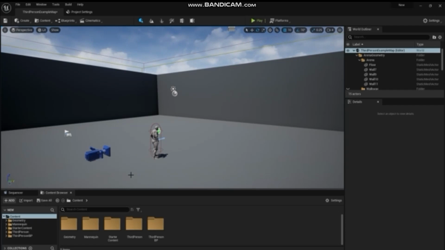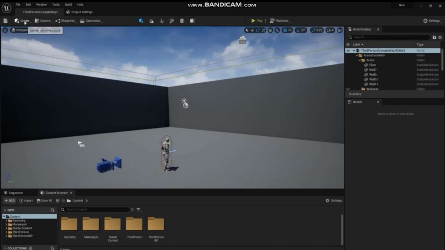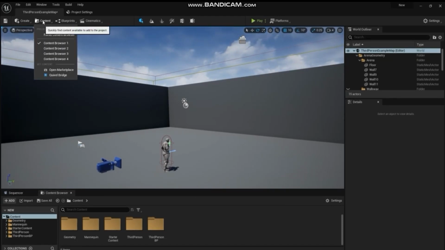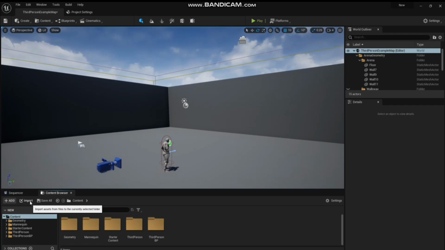So there are three main ways that you can get objects into your game, and that is through importing custom objects that you've built or purchased off of various sites on the internet or whatever. And then you can also add objects from Quixel Bridge or from the Unreal Engine Marketplace. So first, I'm going to real quickly get the difficult one out of the way, and that is importing custom objects. And honestly, it's not that difficult, but basically what you're going to do is you're going to go to